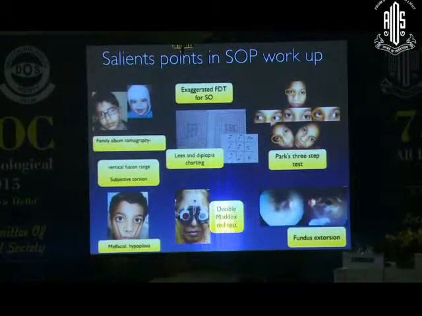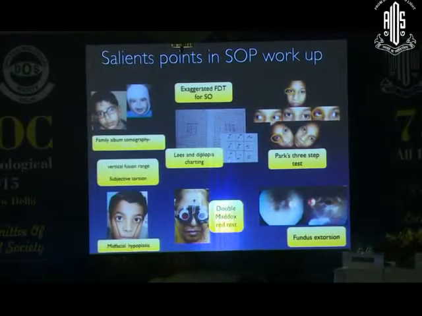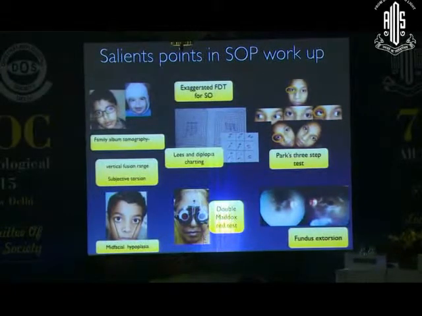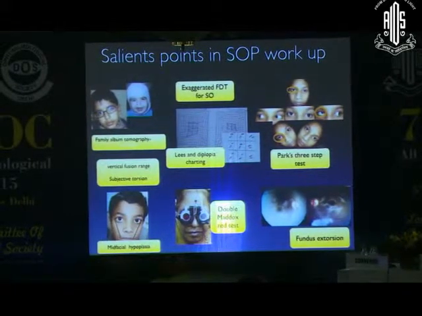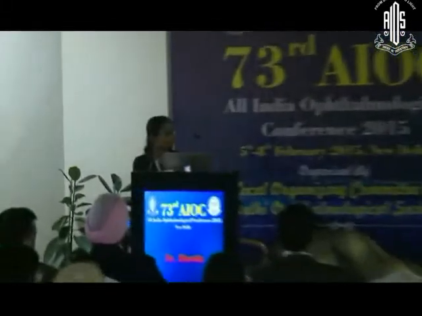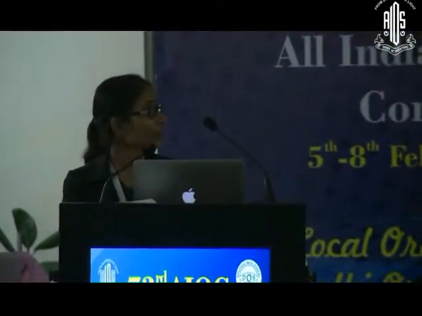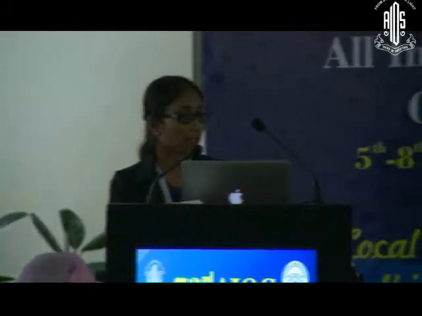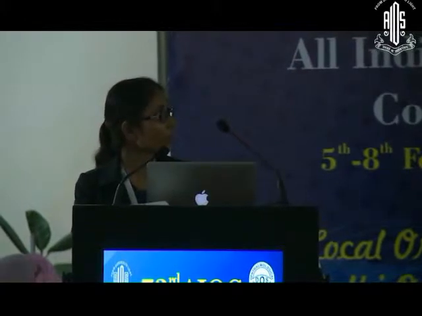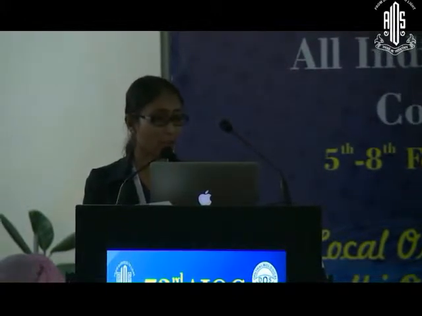See for the hypertropia, in which eye there is hypertropia, and in which gaze it is increasing, and in which tilt. Again, you have to ask for the family photograph of the child. If the head tilt dates back to infancy, that means you are dealing with a congenital superior oblique palsy. And again, in this congenital superior oblique palsy, there will be increased vertical fusion range and there will be no subjective torsion. And the patient will also have a mid-facial hypoplasia on the dependent side of the head tilt.